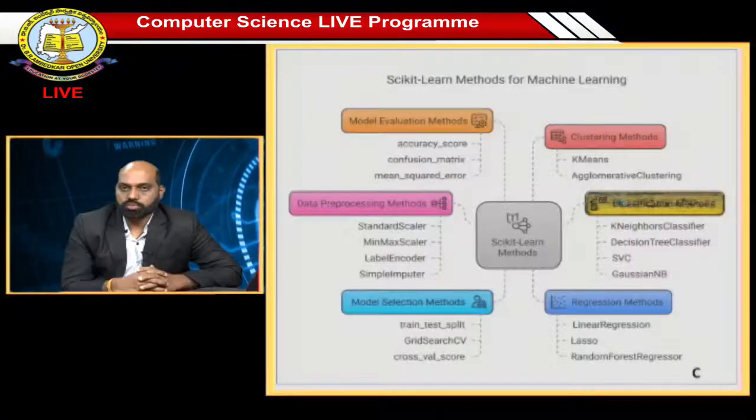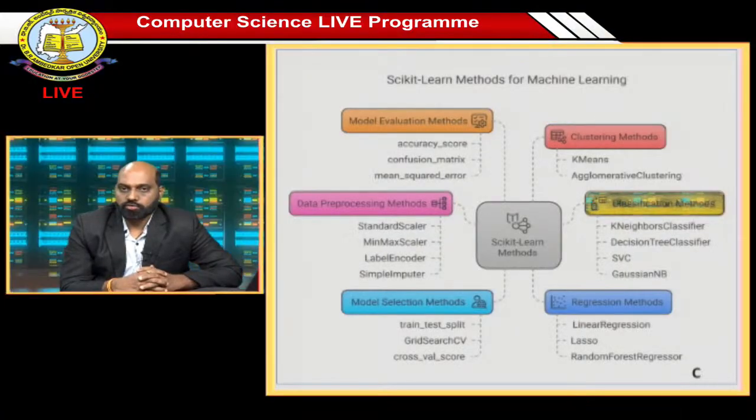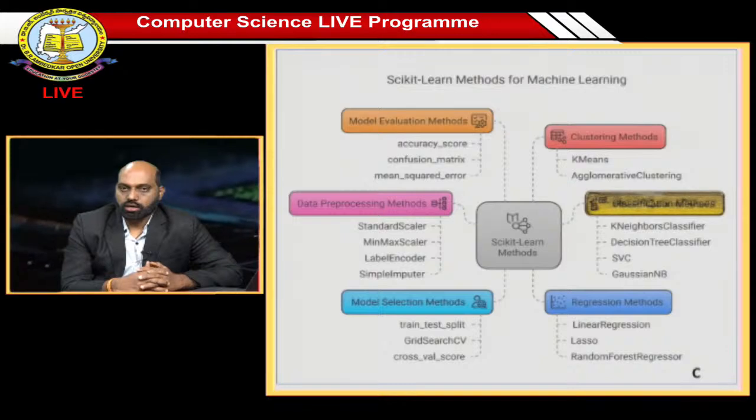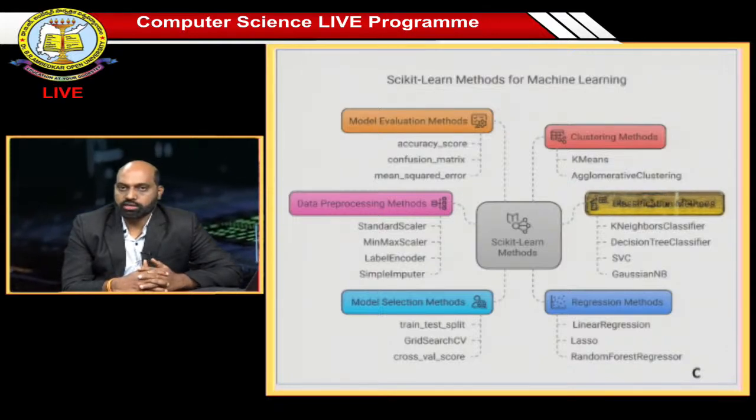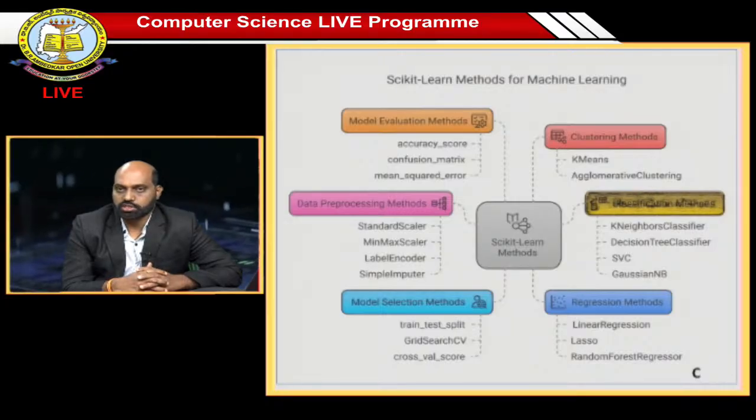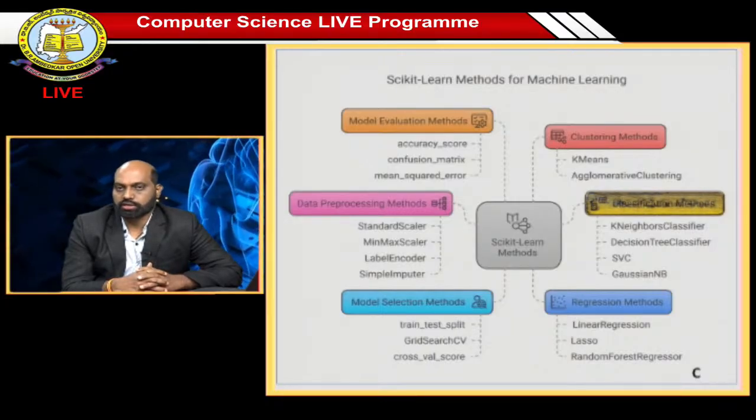If you look at the Scikit-Learn methods, these are all the various methods that are supported, where we can go right from building the model, to training the model, to testing, predicting and evaluating the accuracy of the model, and we have a wide diversity of functions as part of this Scikit-Learn library.